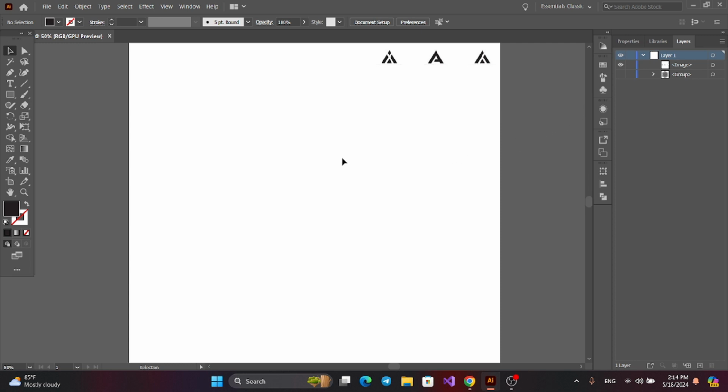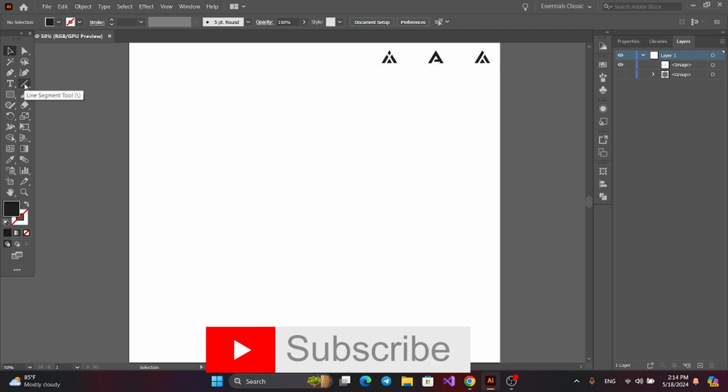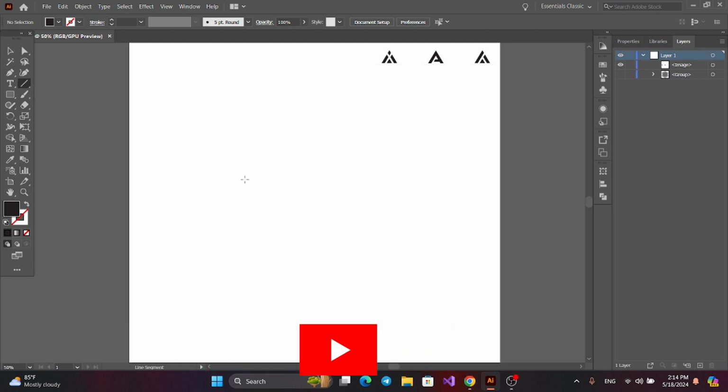Welcome to a new section. Today I will show how to create different types of logos using the same bridge line. Let's start. First, get the line segment tool and, pressing Alt and Shift, make a line